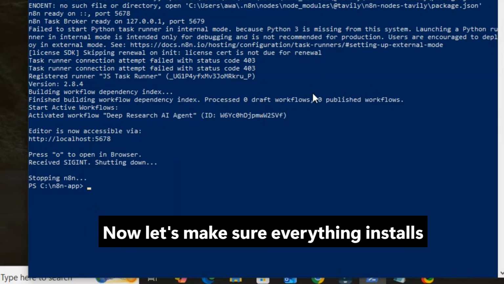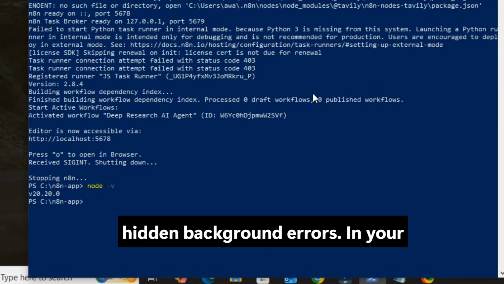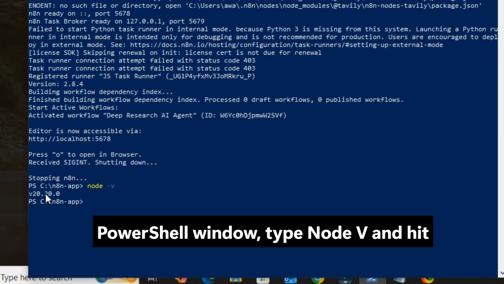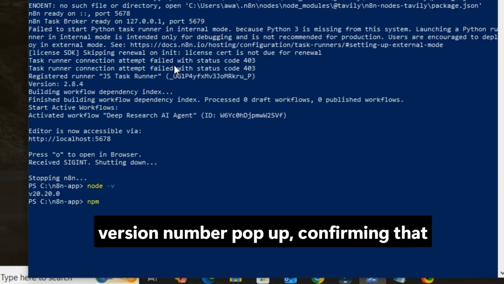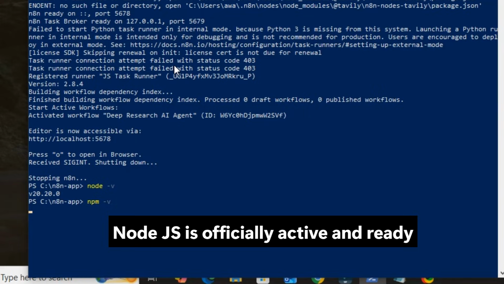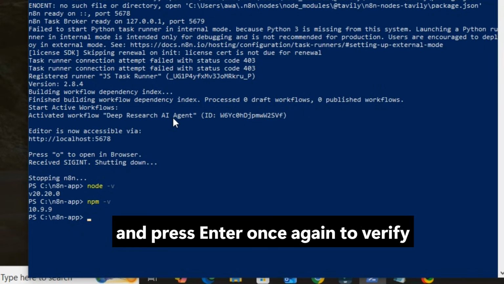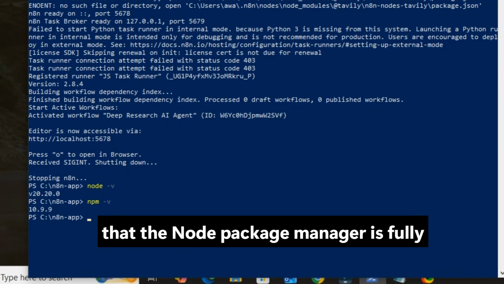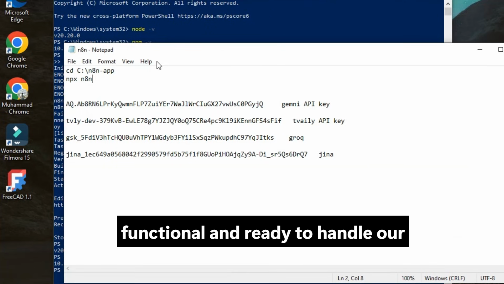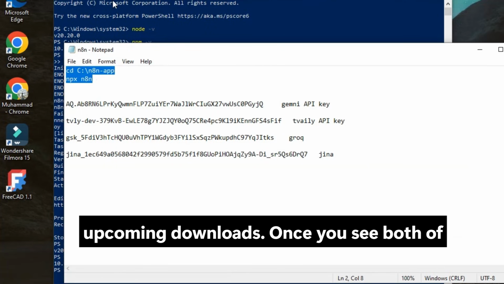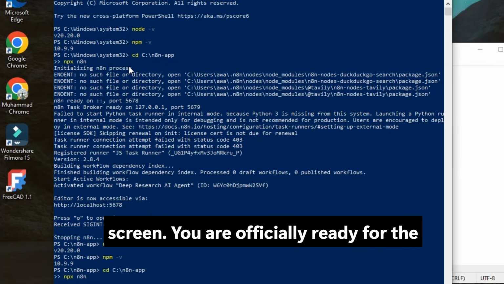Now, let's make sure everything installs smoothly on your system, without any hidden background errors. In your PowerShell window, type node -v and hit Enter. You should instantly see your Node version number pop up, confirming that Node.js is officially active and ready to go. Right below that, type npm -v and press Enter once again to verify that the Node Package Manager is fully functional and ready to handle our upcoming downloads. Once you see both of those version numbers printed clearly on your screen, you are officially ready for the main